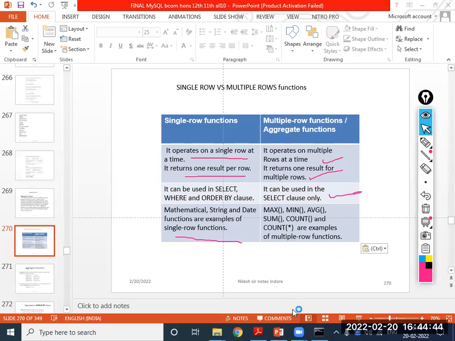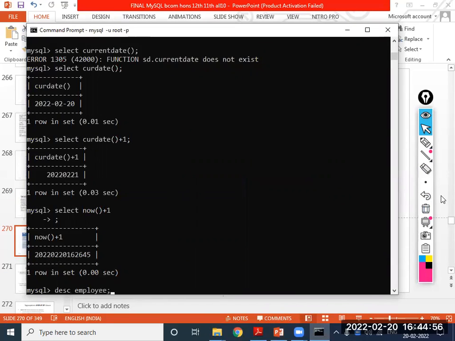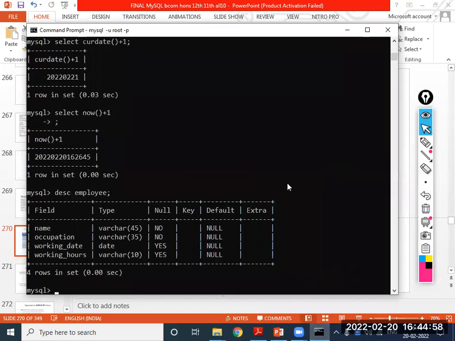How can we perform it? Just see. We can apply it on a single table. One important thing is required in this case. Describe employee. Just see, there is no numerical or integer value here.